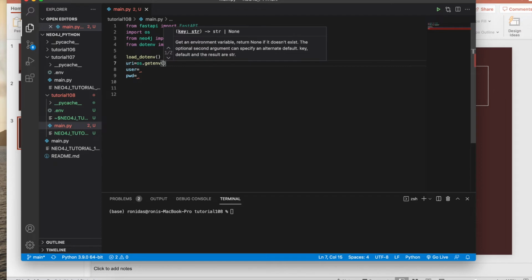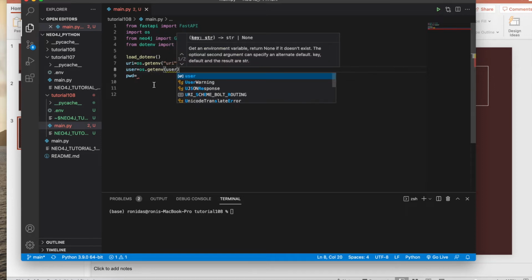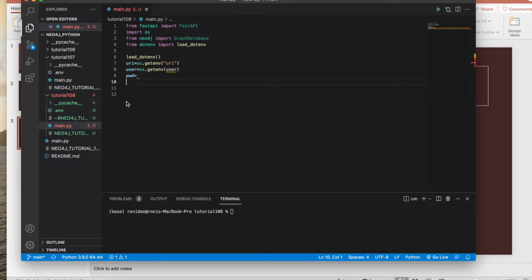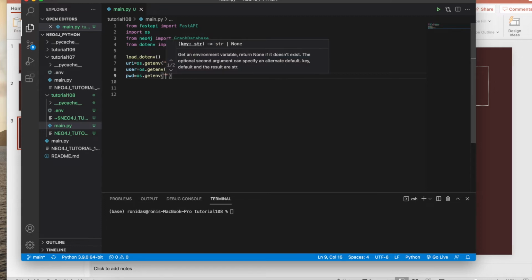os.getenv, it should be URI, then os.getenv, and this is user. So all these things are coming from this file. Okay, it should be within this. Okay, and password will be os.getenv. Okay,